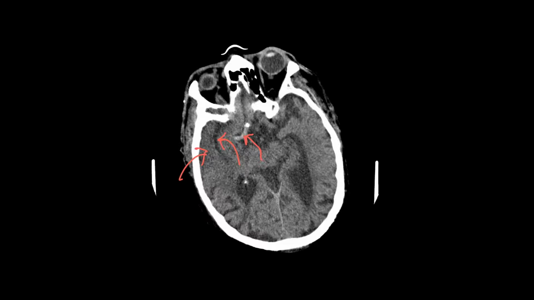Then I go on to interpretation. Putting these findings together, these appearances are in keeping with an acute right MCA territory infarct due to a right MCA thrombus. Importantly, there is no intracranial hemorrhage, and once I've written the report for the patient, I would add an alert so that the clinician knows that the patient could have thrombolysis if they are in the 4.5 hour window. Though overall this is a clinical decision, and they just need to make sure that there's no other contraindication